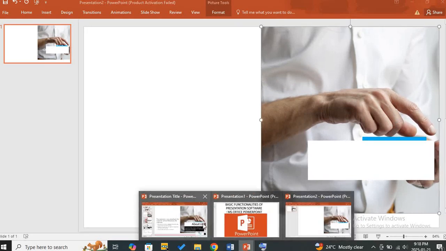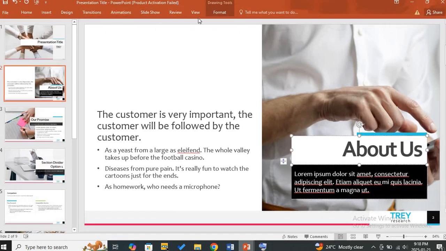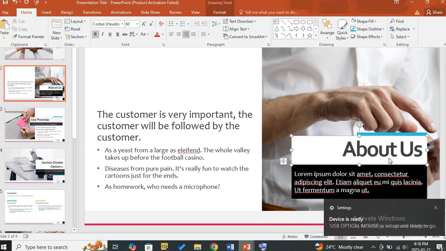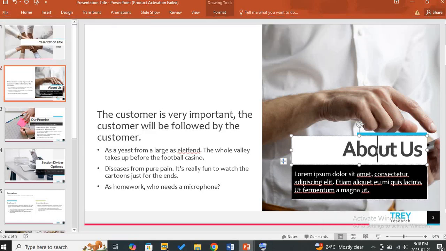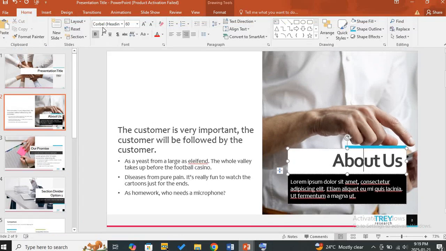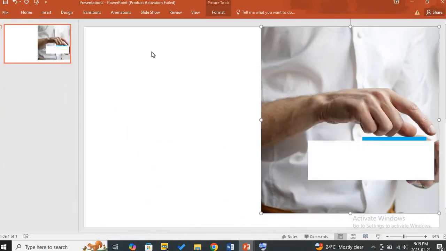Now we need to understand which text this is. It's this text, the text that was used here. The text that was used here is called Cobble. If we want to make things easy for ourselves, we can just click on the text and then copy the text and then come to the presentation,